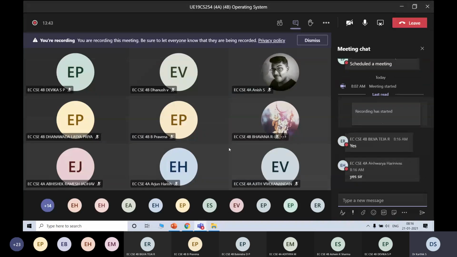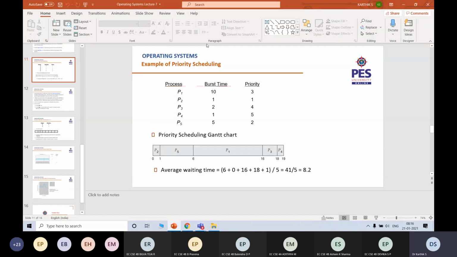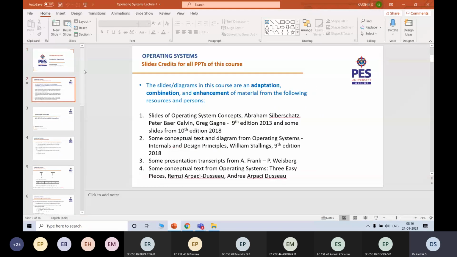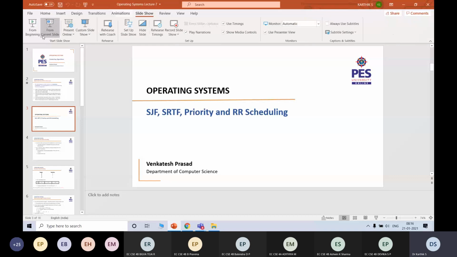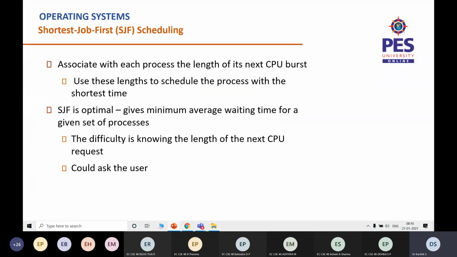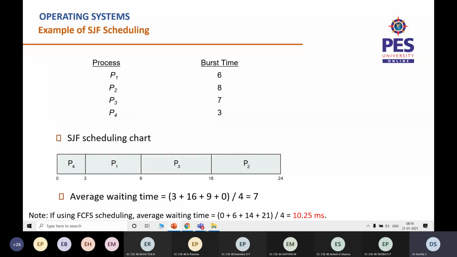So let's continue from the last class. We were talking about the CPU scheduling algorithms. Let me run through from the beginning. In the previous class we had seen the first come first serve algorithm, and then we started with shortest job first, wherein we approximate the burst time of every process. Whatever is the least is going to be picked up for scheduling on priority. This is a non-preemptive version that we have seen.